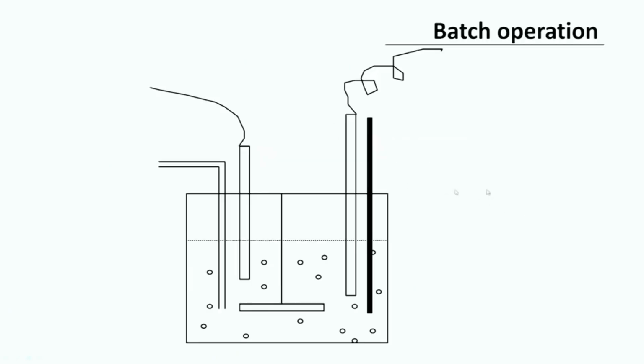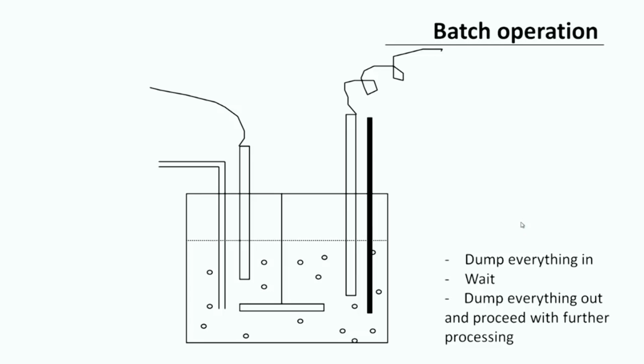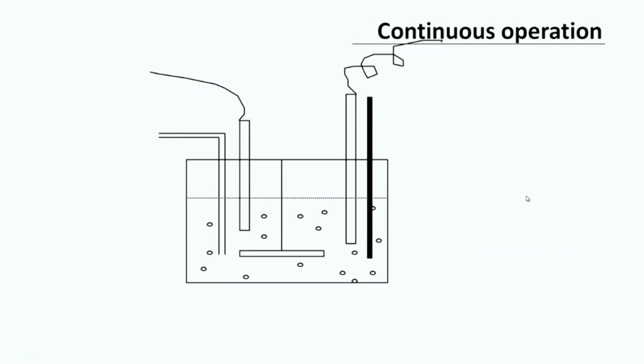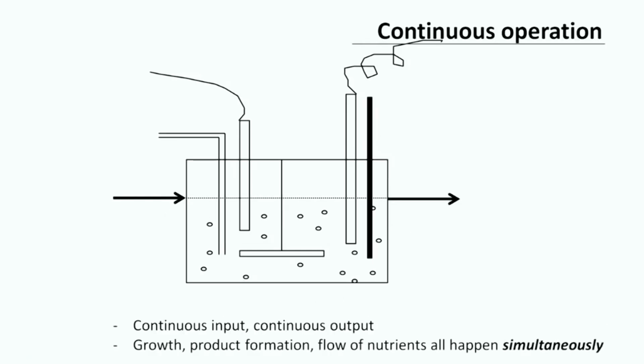And then we said that each bioreactor can be operated in three basic modes, either a batch operation where we dump everything in, wait for the process to complete and dump everything out and proceed with further processing, or a continuous operation where there is a continuous input, a continuous output, the growth, product formation, flow of nutrients all happen